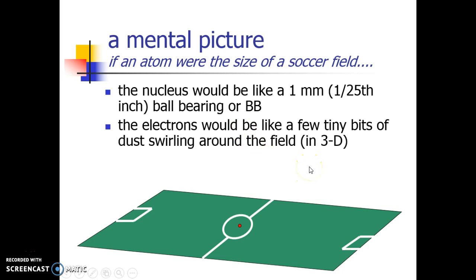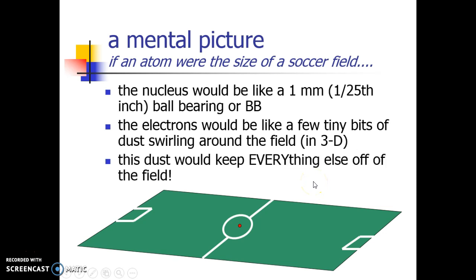And the electrons would be like a few little bits of dust swirling around the field. Like you can't even see the electrons compared to the nucleus itself, or even how big the whole atom is. But get this, this is the cool part. Those little pieces of dust would be moving so fast that you would not be able to walk onto the field. So that's what those electrons do. Those electrons are so fast moving that they keep anything else out of the electron cloud, which I think is